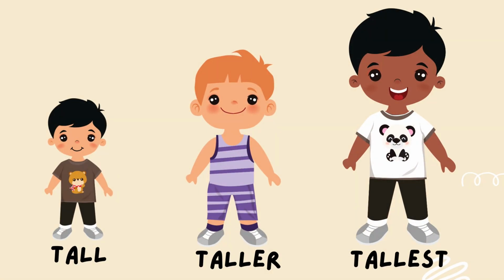Okay, students, look at the slide. There are 3 boys, right? Just like I said before, the best adjective to describe this boy is tall. Can you find the difference between these 3 boys? Can you compare them? Can you think why I use tall for one boy, taller for one boy, and tallest for one boy? Can you guess why we didn't use tall for all these 3 boys when we put them together in one picture? Do you have any idea?